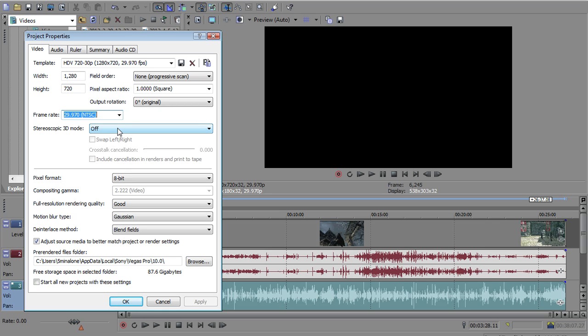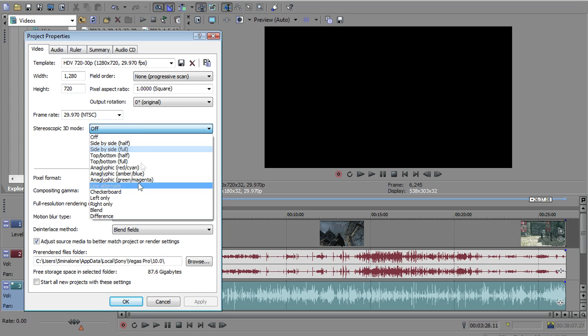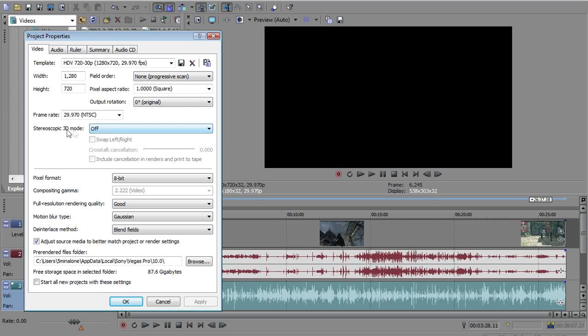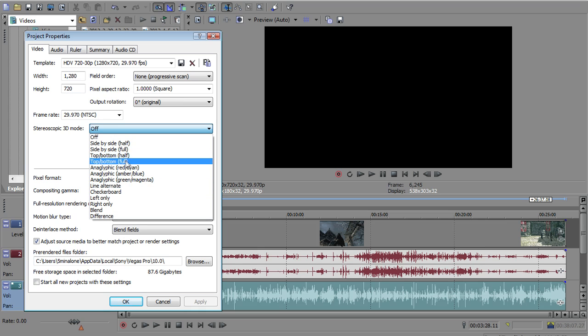Stereoscopic 3D mode, you want to leave at off because you're not going to be putting 3D videos on YouTube. However, if you did want to render some kind of thing in 3D for your TV, you could do that. You can set that however you want to do it, side by side, top, bottom. If you got a 3D TV like I do, it will change based on how you want to set it. So,